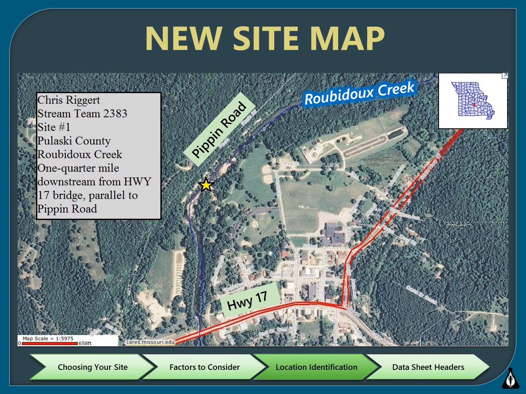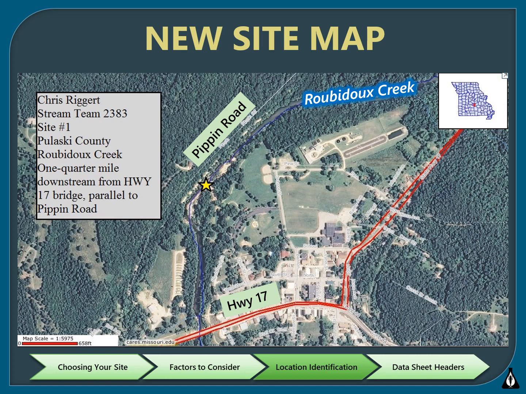Here is an example of a great new site map submission to us. You can see here the star is outlining that point for where they are monitoring. The roads are clearly labeled, so easy to identify, as well as the stream. You can also tell that they've used the measuring tool to measure the distance that their monitoring point is away